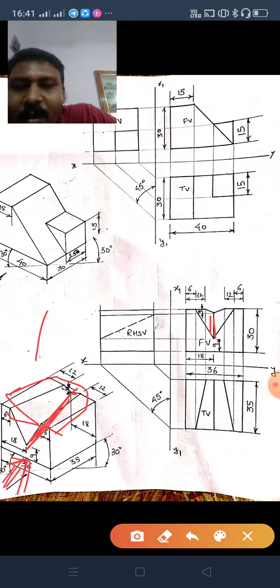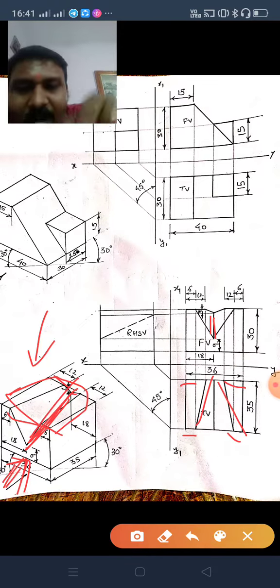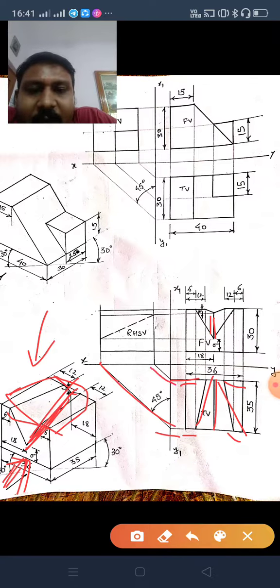If you are looking from the top, you will see this box. At the bottom there is 6 by 6, at the top there is 12 by 12. Join these, and this line will look like a vertical line again. So this line is a vertical line. Very simple. Take this point here, draw 45 degrees, you will get this point, draw vertical, draw horizontal.